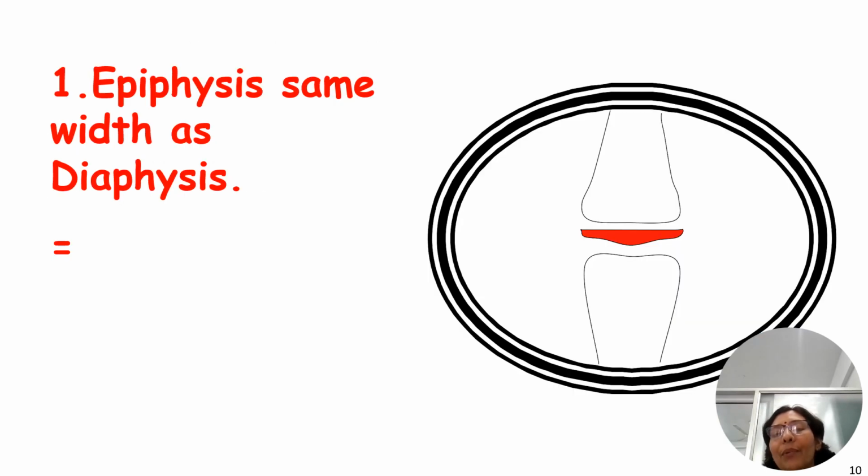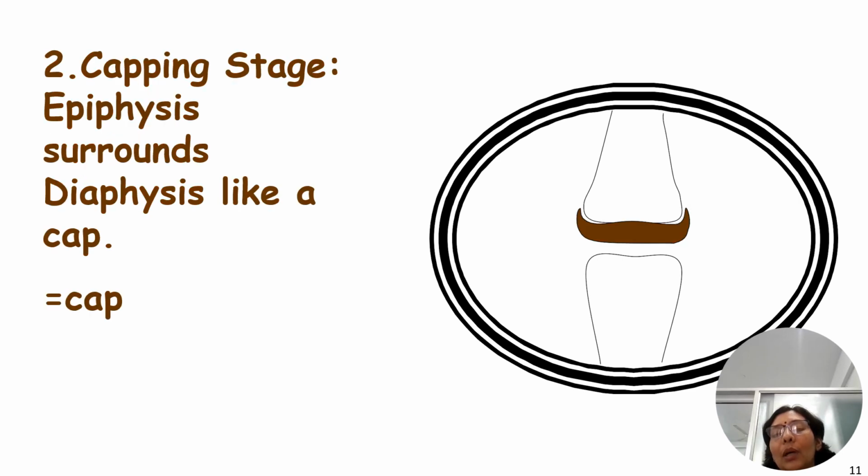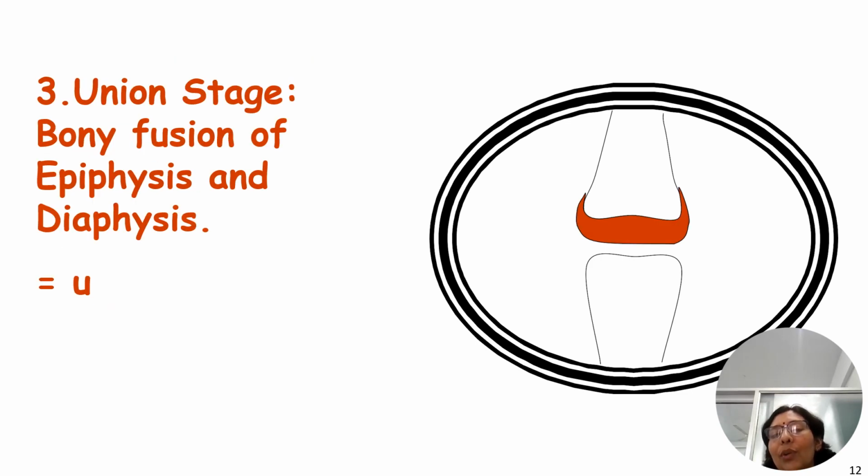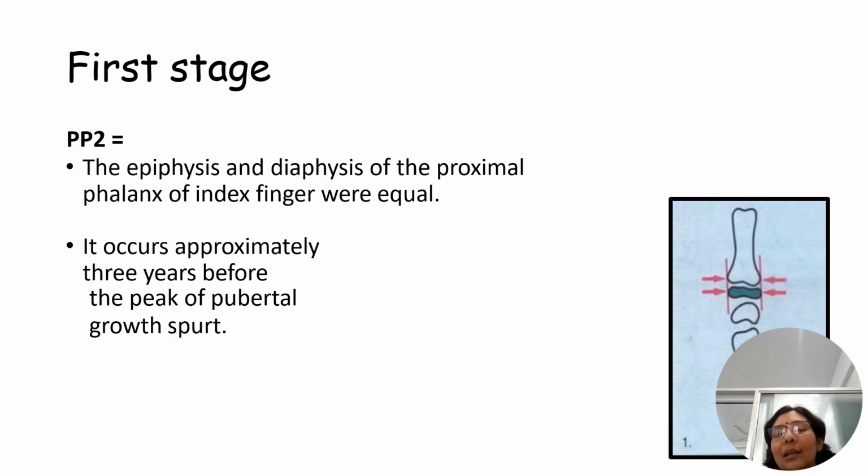The first stage is where the epiphysis width is the same as the diaphysis, as you can see in this figure. We denote this by the equal to sign. Then the capping stage, where the epiphysis surrounds the diaphysis like a cap, we call the cap stage. The union stage we denote by U, where there is a bony fusion of epiphysis and diaphysis. Now, coming to those 9 developmental stages,